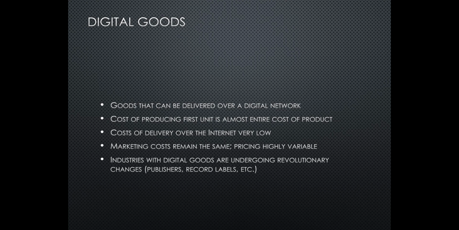And the industries with digital goods are undergoing revolutionary changes, like publishers, record labels, something like that. For digital goods like music, instead of buying physical media like music CDs, DVDs or Blu-ray discs, right now they become digital tracks that customers can purchase online. But anyway, for the changes,